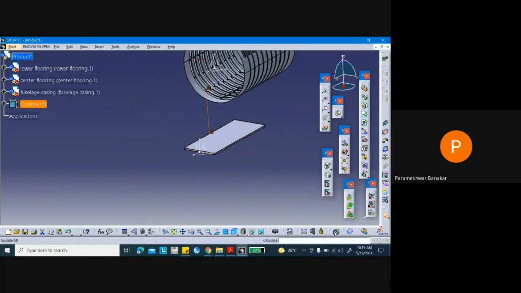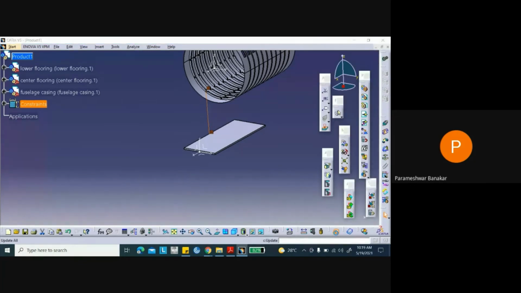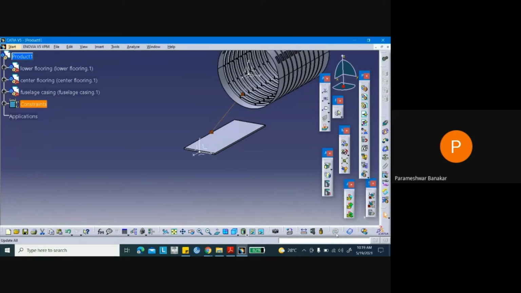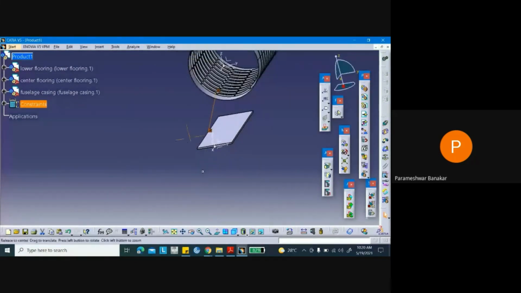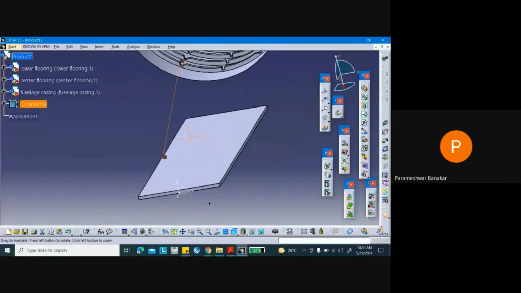Okay, then you can give update. Here one option is there, a round option, which has a lollipop kind of structure. So update. It's updated. Now we need to coincide them, correct? Now what they have done is they have constrained their positions. That is, contact is done. We need to coincide them.